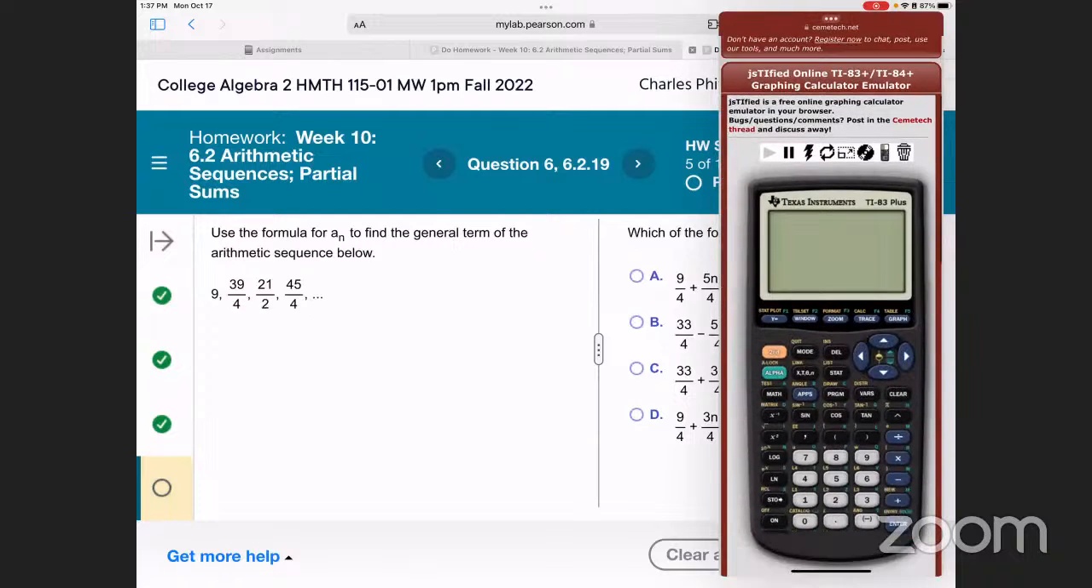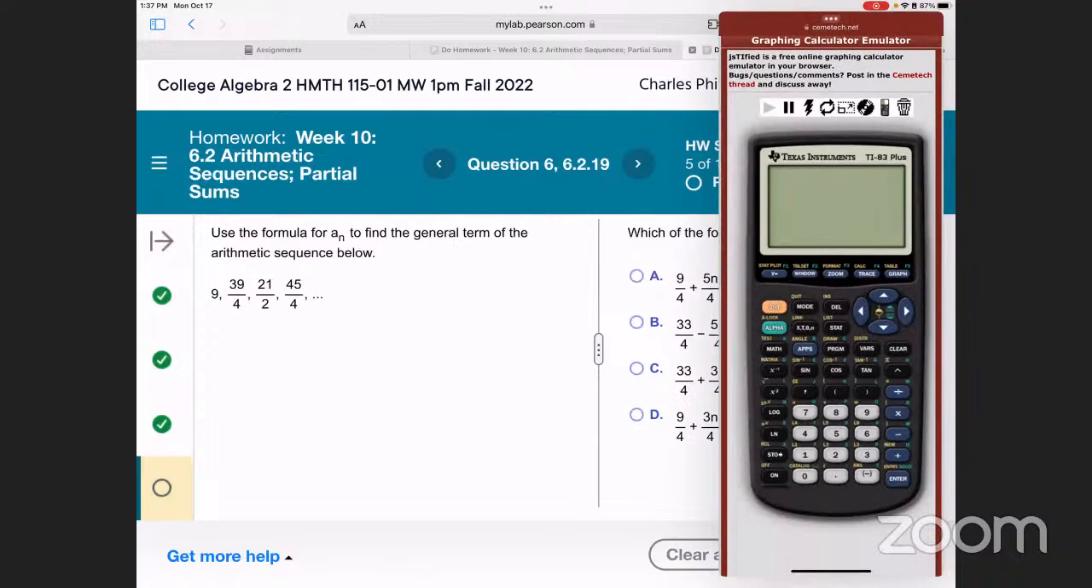Okay, let's reload and refresh. So for instance, if we do 39 over 4 minus 9, I'm going to hit math as a fraction. It looks like we're adding 3 over 4 each time. So if we say 9 plus 3 over 4 as a fraction, we should get 39 over 4. And then if we say plus 3 over 4 as a fraction,